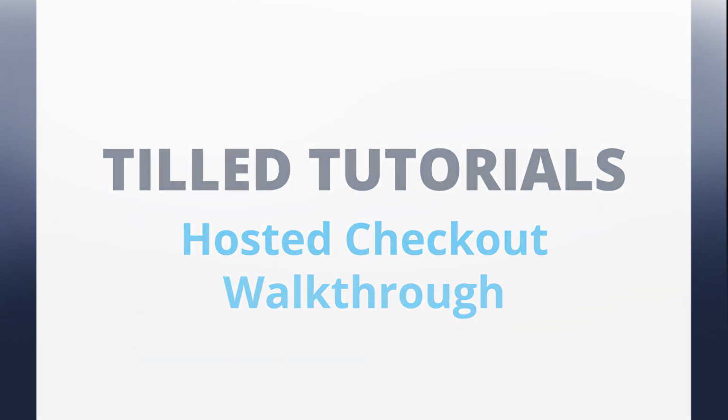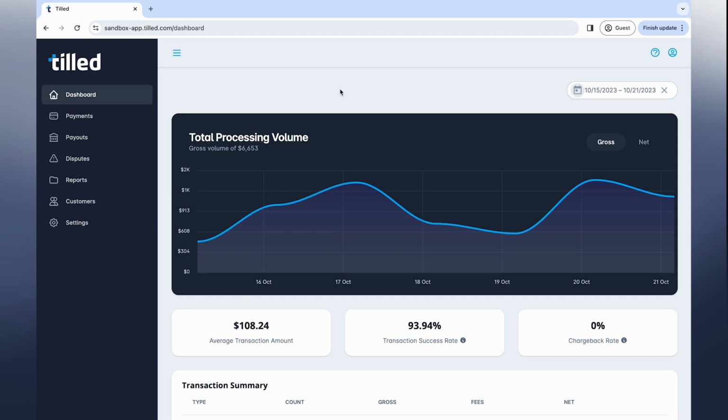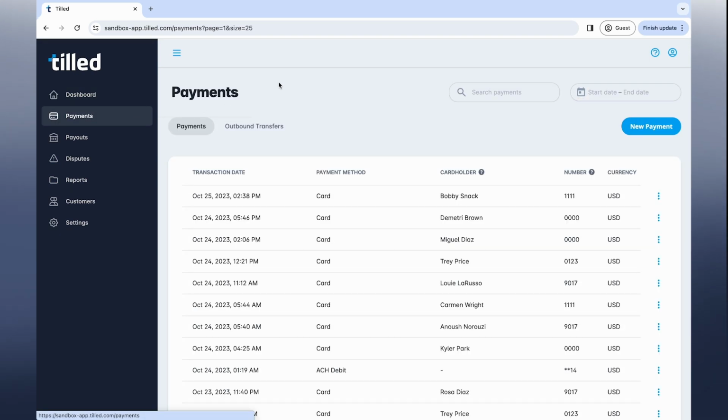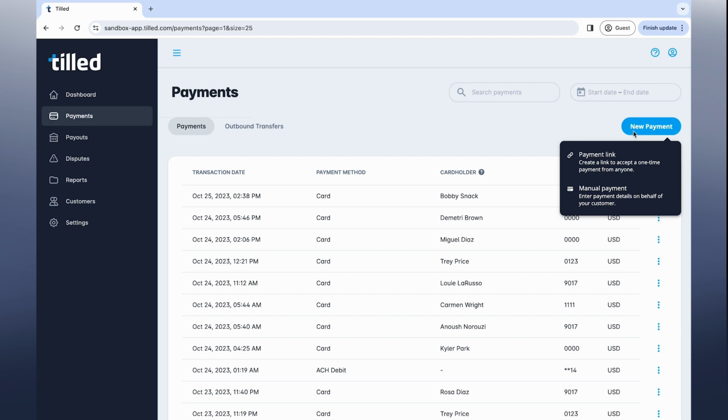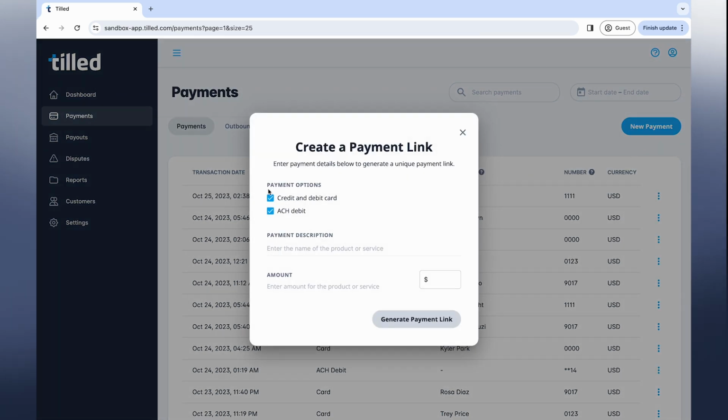Now we're going to go over to our Payments tab. This is where you're going to be able to see your current payments along with your current outbound transfers. We're going to go over to our new payment link. You should get two options, one for a one-time generated payment link and one to enter in a manual payment. We're going to do the one-time payment link for this example, and once it pulls up, you're going to be